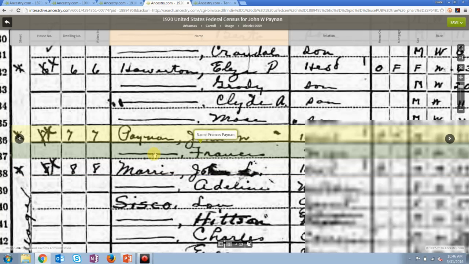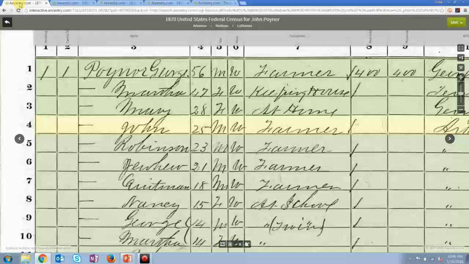Well, then I decided to figure out what happened to my John and Frances. I traced them to their death. Actually found a death index record for John that listed that he died in 1922. And then I went looking for a tombstone. And I found a tombstone. The problem is that this particular tombstone listed his name as Jehu, not John. Well, I remembered that name sounded vaguely familiar,